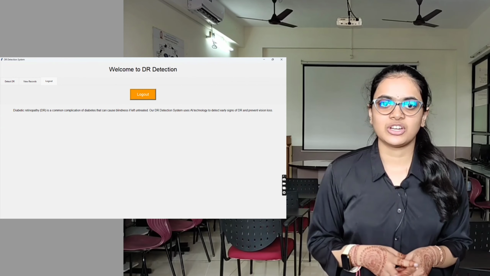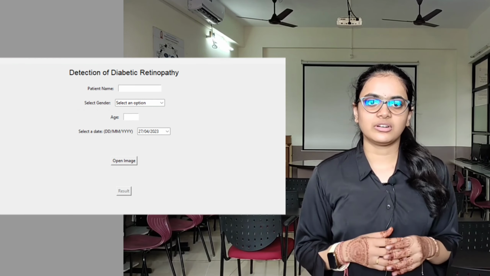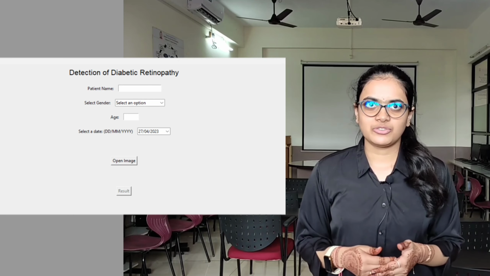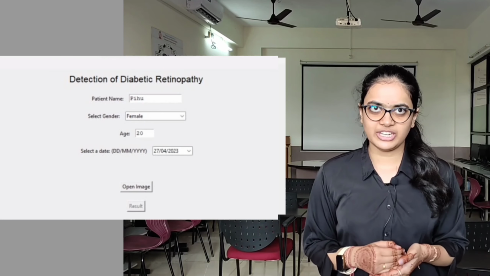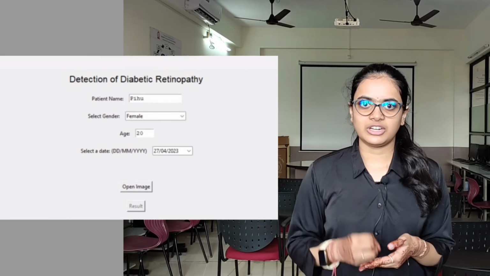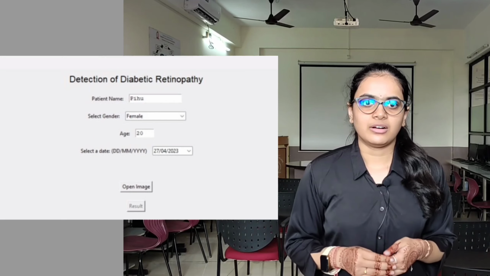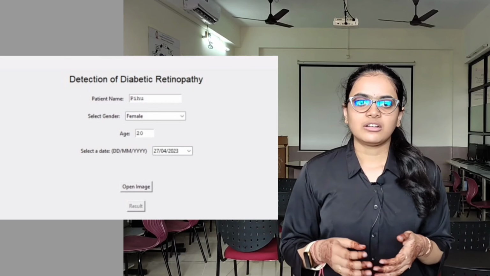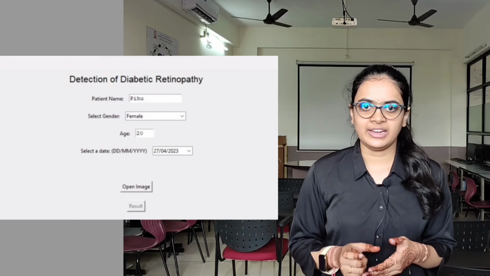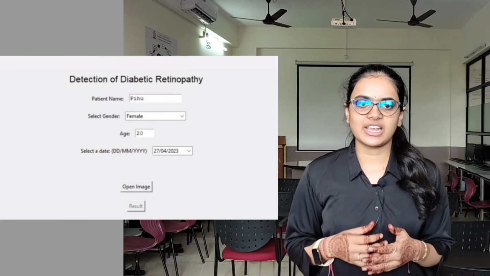DR detection page. In DR detection, the user will enter the details of the patient, consisting of patient name, gender, age and the date the retinal image was taken. After entering the details of the patient, the user will upload the image of the eye which is taken by the fundus camera.